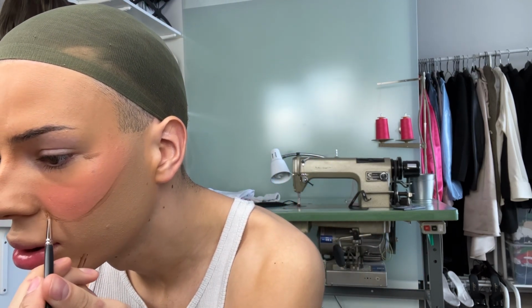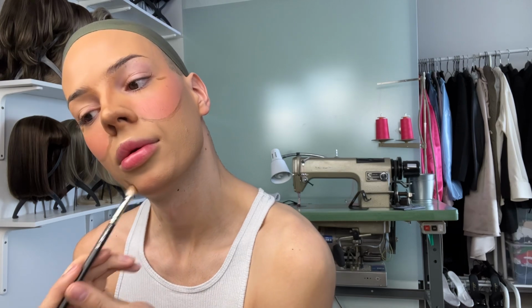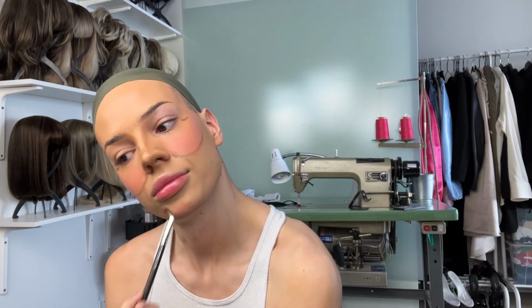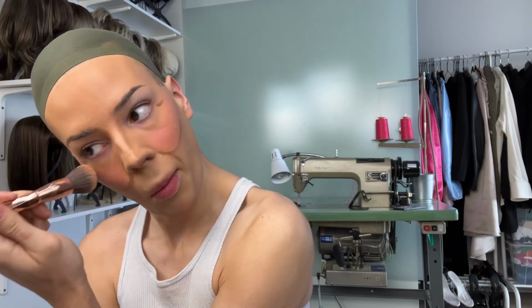I feel like that's such a great thing to do, to draw on creases and everything. Uh-oh. Okay, now let's blend actually, because